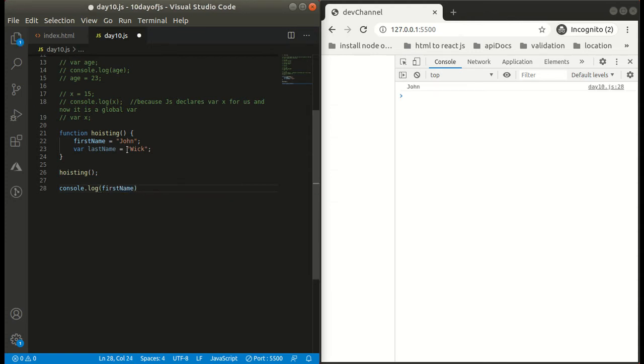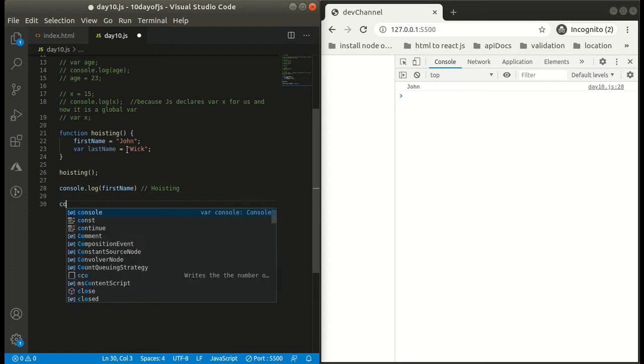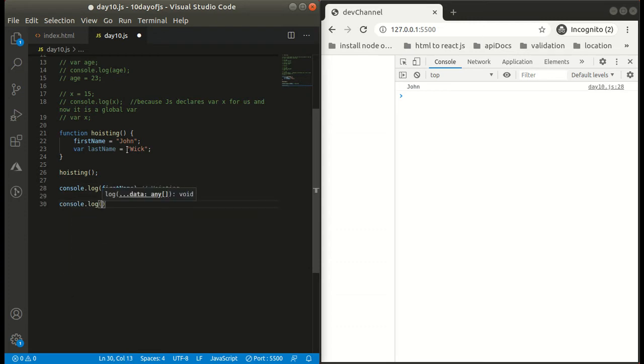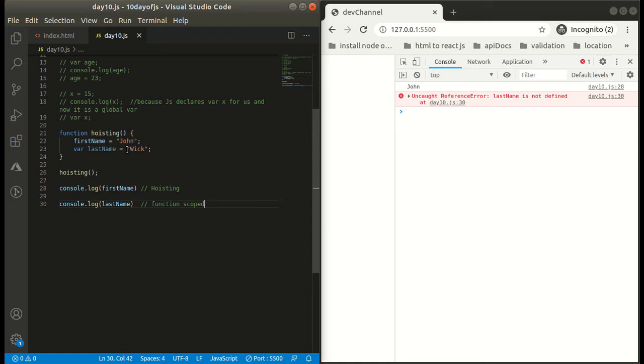Now you must be wondering how we got John over here. This is an example of hoisting. We got John because, as per the definition of hoisting, it declares the scope to the top, above the function hoisting. That's why first name is globally available, even within that hoisting function and outside also. But last name is not accessible because it has been declared and initialized within that function, so it is function scoped and can only be accessed within that function and not outside it.